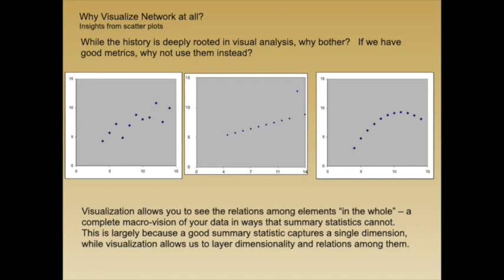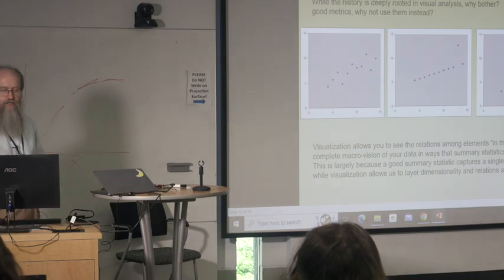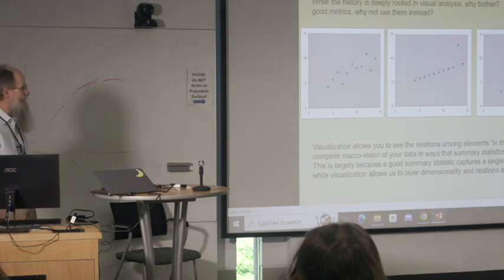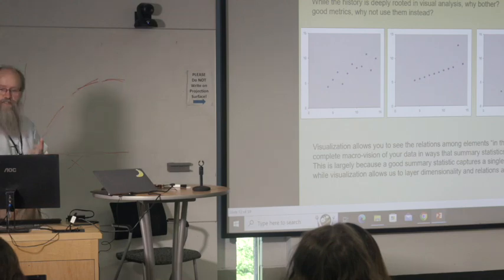And so the question is, what is it under the hood that makes a network compelling? I have a whole theory about how to do this well, but I want to just put a couple of ideas out there. One is that if you think about scatter plots, this is the classic series: each of these three scatter plots has the exact same regression fit, the same line, the same slope, the same standard error, all that stuff. But the visualization tells you something that you wouldn't see from the regression summary statistics. And that's part of what a visualization does well. A visualization captures the gist of the whole thing in a way that a summary statistic does not.